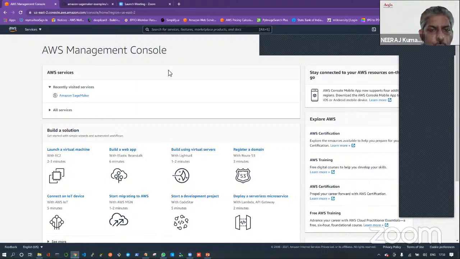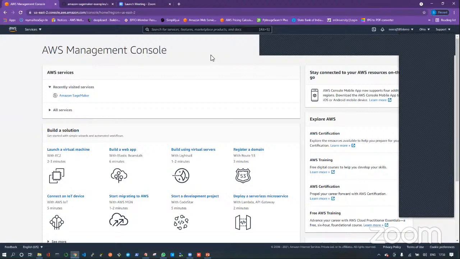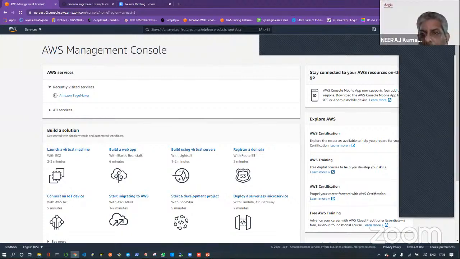Anybody who logs into AWS lands on this first home page. As you can see, this is the AWS Management Console. All kinds of management can be done using this single screen. Everybody can see this screen, right? Yes, sir. Okay. Within this screen, I want to highlight a few things. Just follow my cursor.